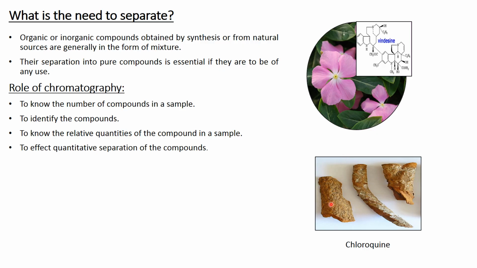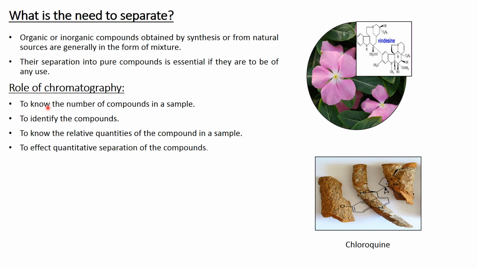There is one more example over here of chloroquine. You must be knowing this. It is discovered from a bark of cinchona. So cinchona bark may have n number of components, but the one that is useful is chloroquine. So chloroquine can be separated from rest of the components by using chromatography. So in short, we can say that what is the role of